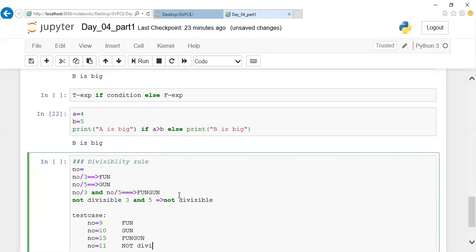Will you people try this program? You can take 5 minutes of your time. You can type in your device and post the answer in the chat box. Right now it is 7:55. Try to complete this program within 8 o'clock.